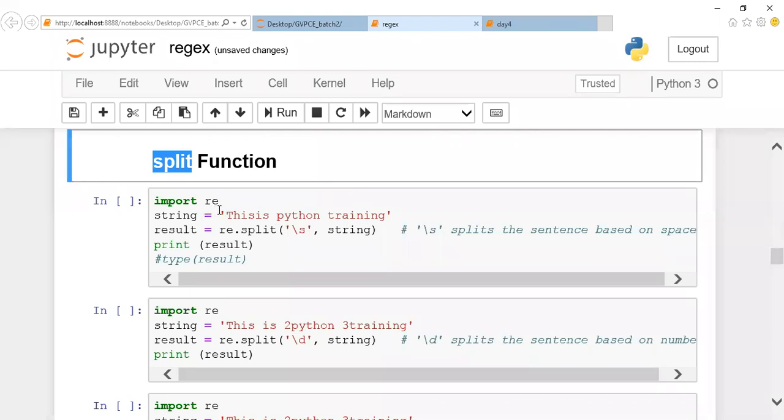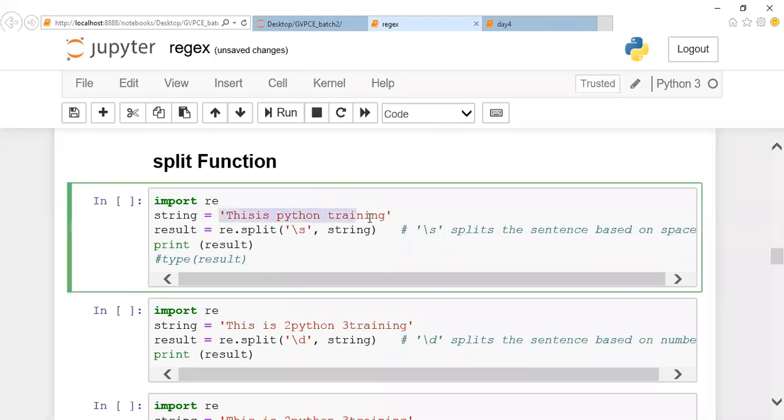Look here, what I did is I wrote the string "this is Python training". If I want to split based on spaces, \s means spaces, so I can mention it with re. One more important key point here is that if you want to implement regular expressions, you are supposed to write import re. re is a predefined module, and we are supposed to import it.